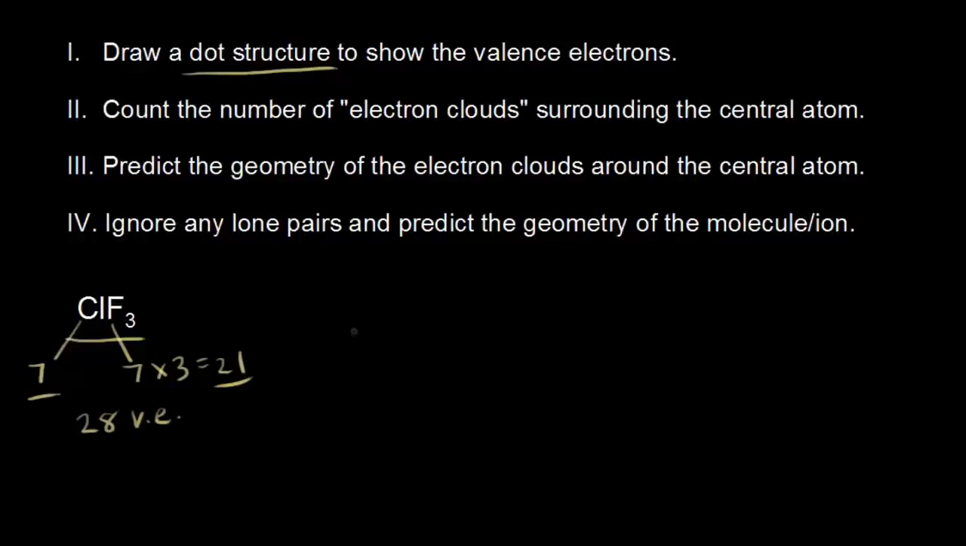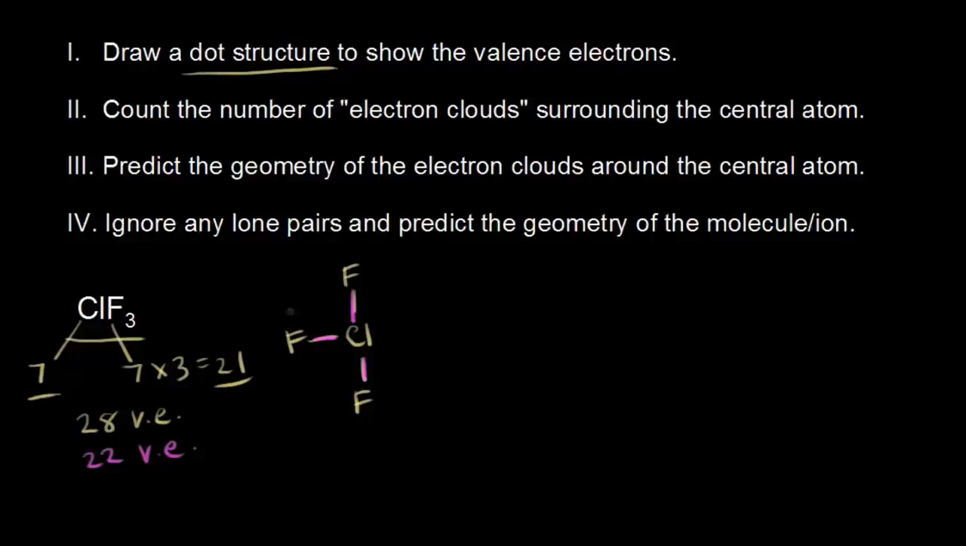Chlorine is going to go in the center since it is not as electronegative as fluorine, and we know that the chlorine is bonded to 3 fluorines, so we can go ahead and put in our 3 fluorines like that. We have represented 2, 4, and 6 valence electrons so far, so 28 minus 6 means we have 22 valence electrons left, and we know we start by putting those leftover valence electrons on our terminal atoms, which